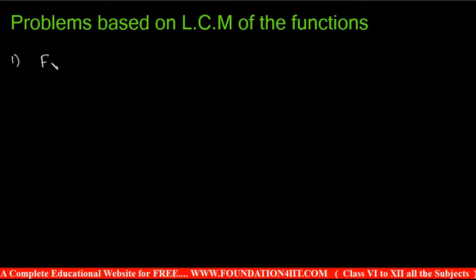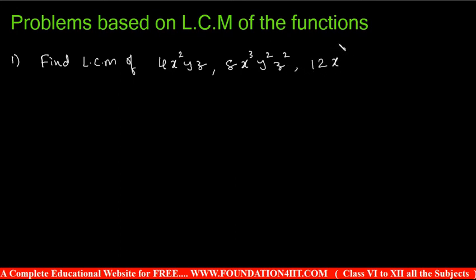So find the LCM, least common multiple, of 4x square y z, 8x cube y square z square, and 12x square y cube z cube. So these are the three. For these three monomials, before starting the LCM, we need to take the LCM for the